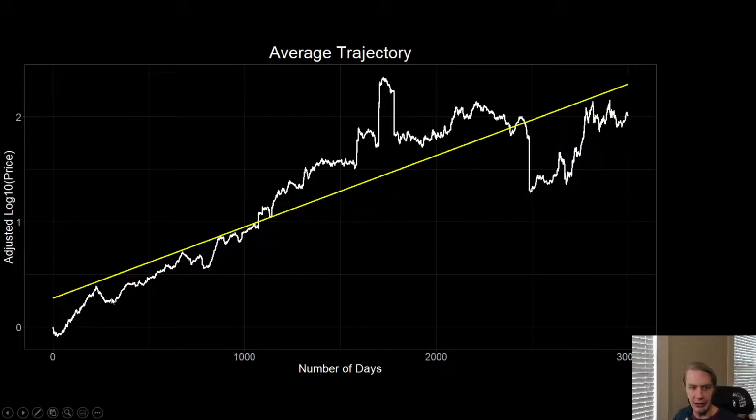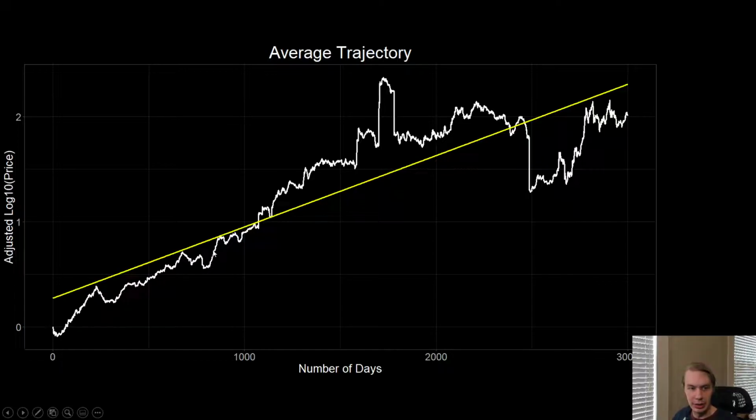So this white line here is the average growth of crypto assets. And I excluded Bitcoin here. I got some great comments on that original video saying that because Bitcoin was the first mover, it might be kind of unfair to compare other assets to it, and so it might not make much sense to include it in this analysis. So for this one, I've actually excluded Bitcoin from this average. But every other asset that we follow for our risk indicators and things like that is in this average.